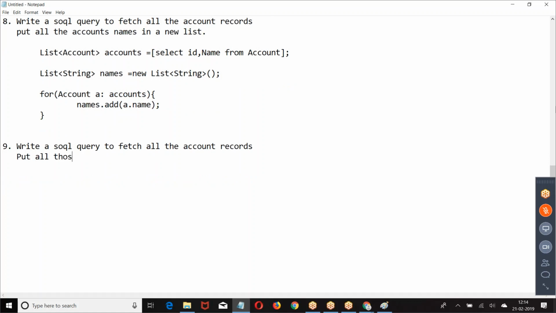Put all those accounts whose rating is hot in a list. Write a SQL query to fetch all the account records. Put all those accounts whose rating is hot in a new list.